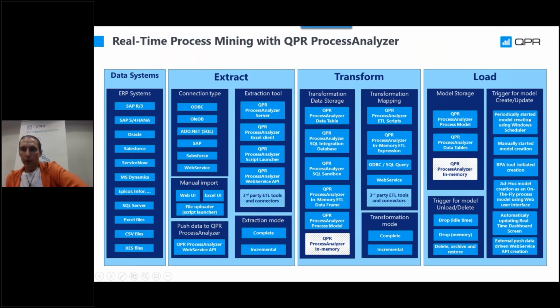Okay, now the last question, how do the models get created? So it could be periodically, like you create a new model every month, every week, day, shift, and so on. It can be manually started. It can be the RPA tool that is starting it in certain situations in the customer care, customer support, for example. There can be a workflow that is started when a customer is calling you, or when you open an